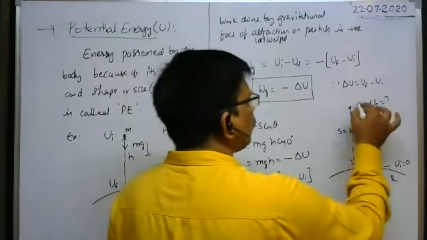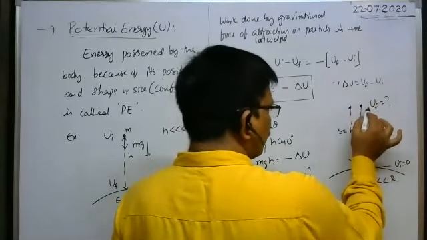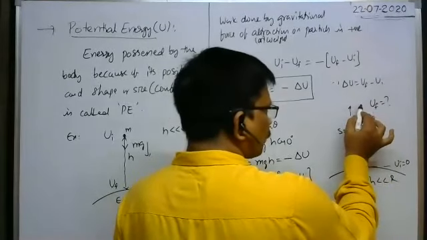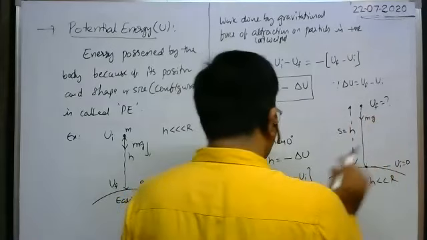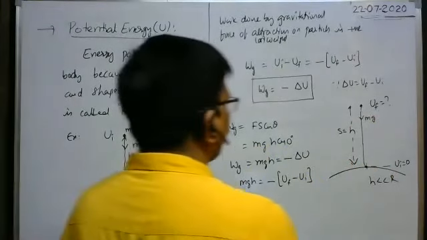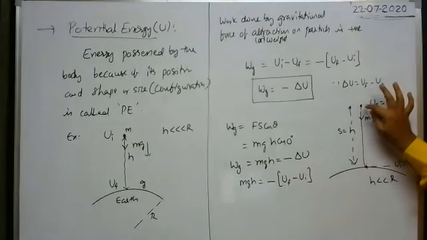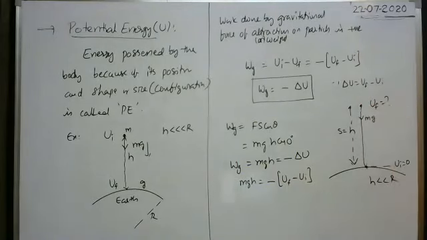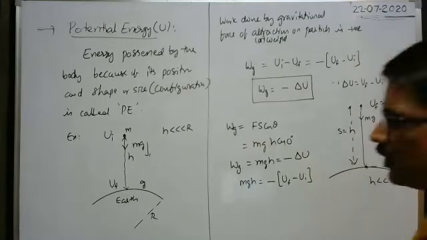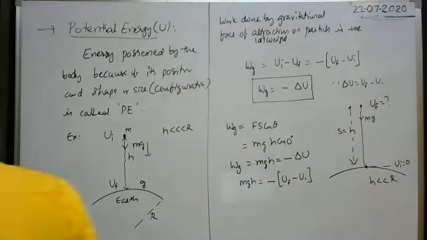Sorry, here we are moving in this direction now. It becomes the initial potential energy. Here at this point, the initial potential energy is this one, and here the final potential energy is 0. We have to write like this. We are moving the body from this point to this point, so whatever energy is possessed by the body at this point is the initial potential energy, and at this point it is the final potential energy.